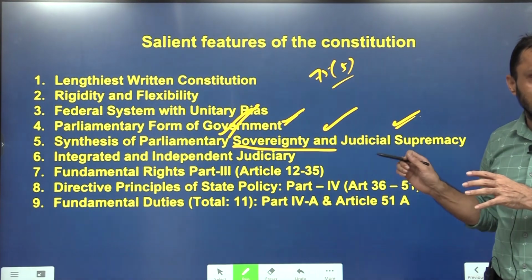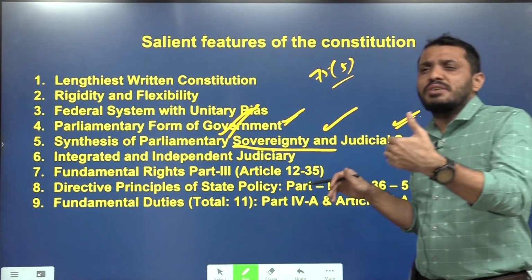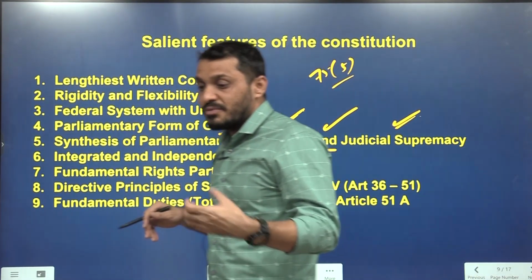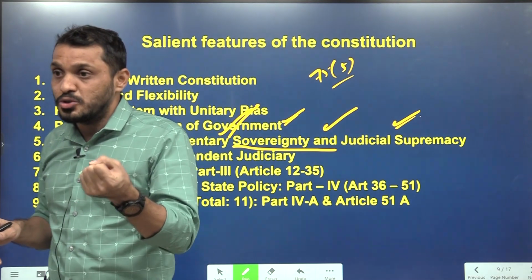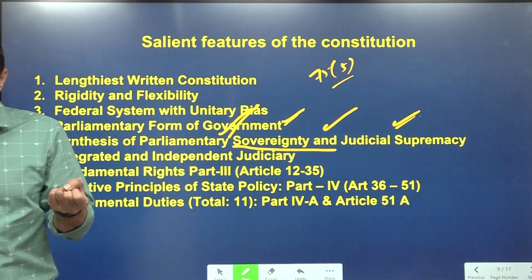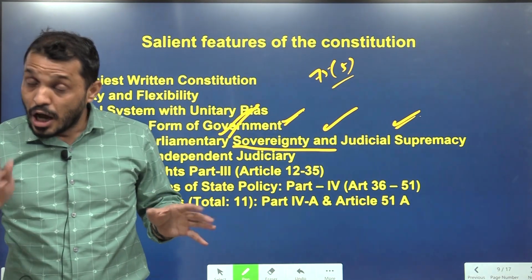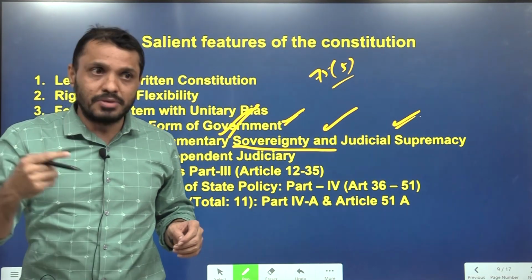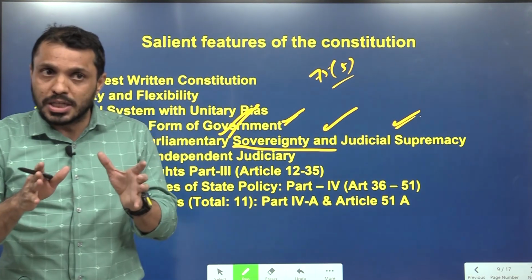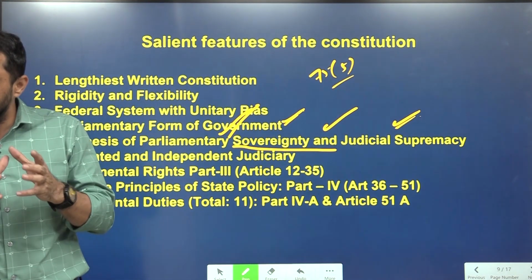So, judicial review is very significant when judicial independence is there. If the judiciary is not independent enough, then judicial review is useless. How can you ensure judicial independence? We will discuss it in the judiciary, but meanwhile you have to know that judicial independence can be ensured in India by various means.